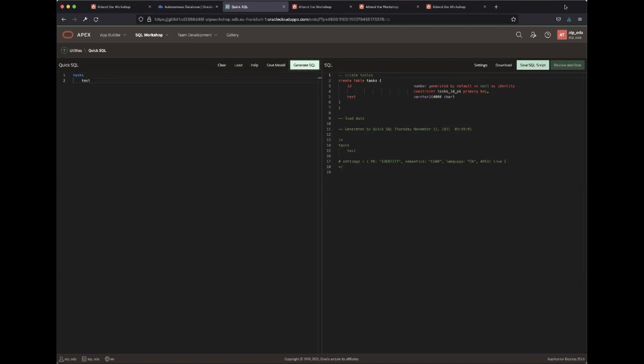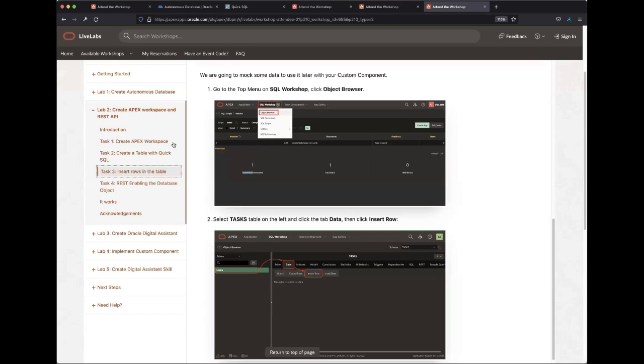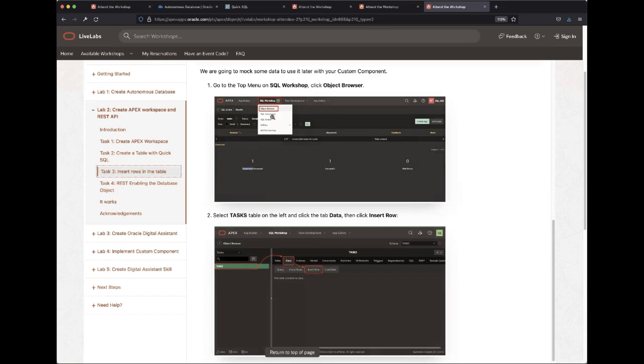And then in this case, you are going to save the SQL and review and run. After that, it will say that you have created the table, and this is the moment when you can start putting information inside. That will be Task 3 inside of Lab number 2. And for that, we have to go to SQL Object Browser. And then you will see different tables there. In my case, I already have that created. So let's go to